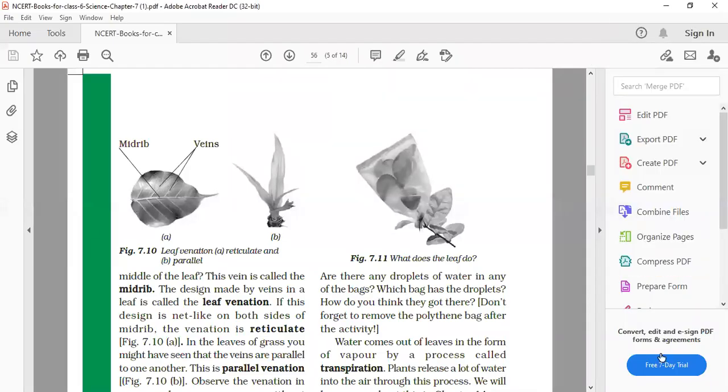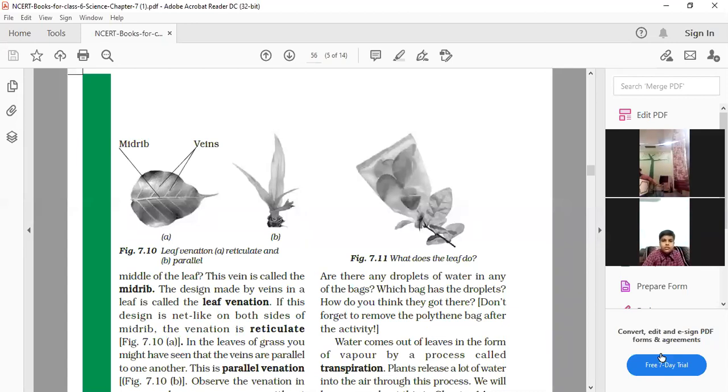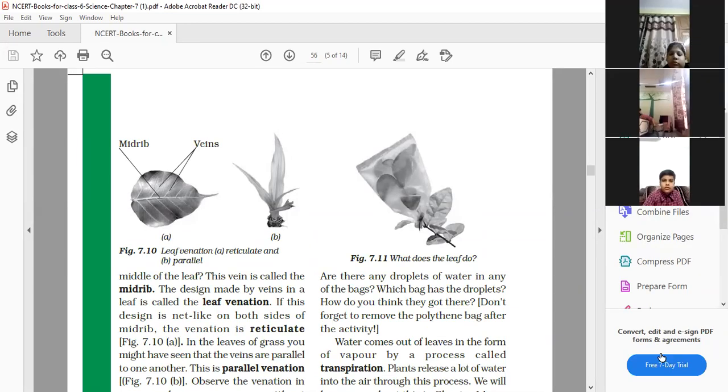So good afternoon, each one of you. Today we'll continue chapter number 7. So let's recap what we have done before that. Yesterday, children, we had discussed about the leaf, about the structure of leaf, and now today we'll start with the